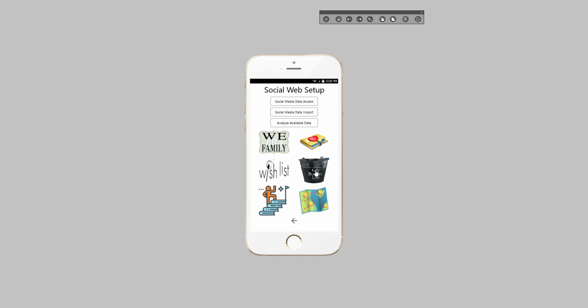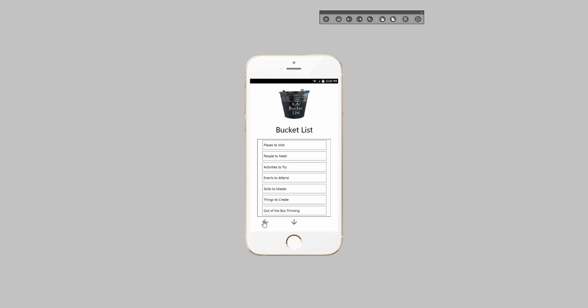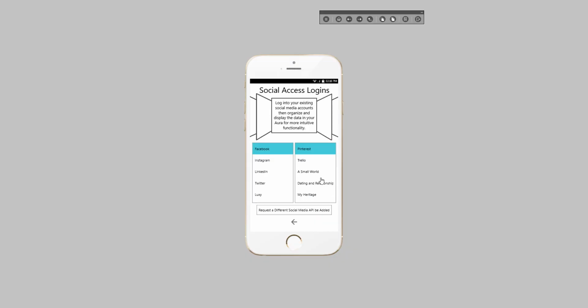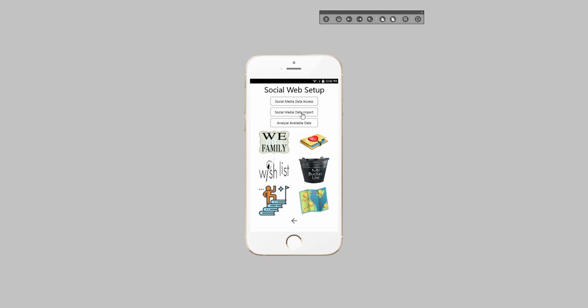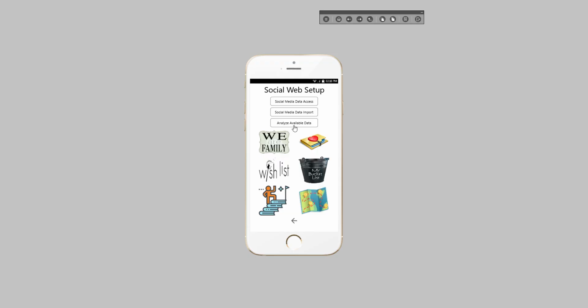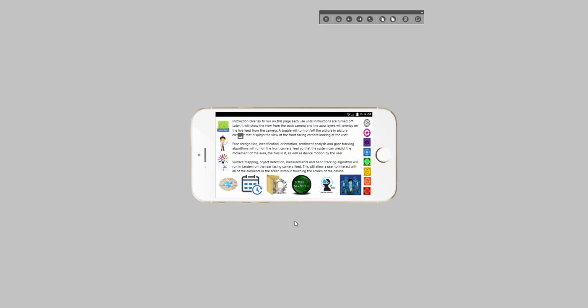There's private and public wish lists, bucket lists, things to do, public life goals, travel plans, social media imports and exports. So you'll be able to get into API access, or you'll export your data and import it into the app, and then you'll run algorithms over your data to analyze it. And that is really the core data that you require with your avatar.